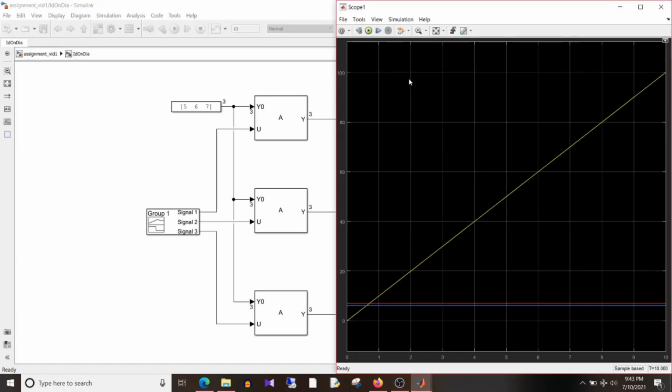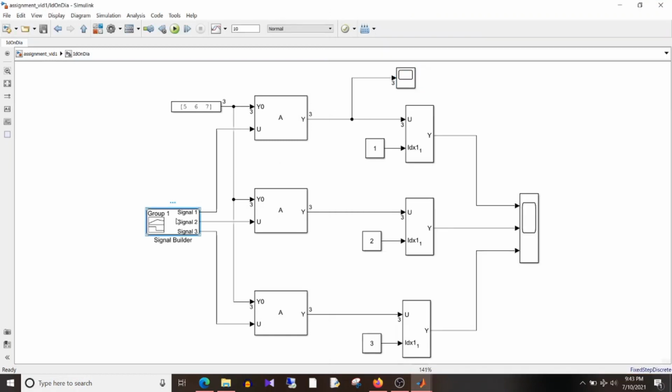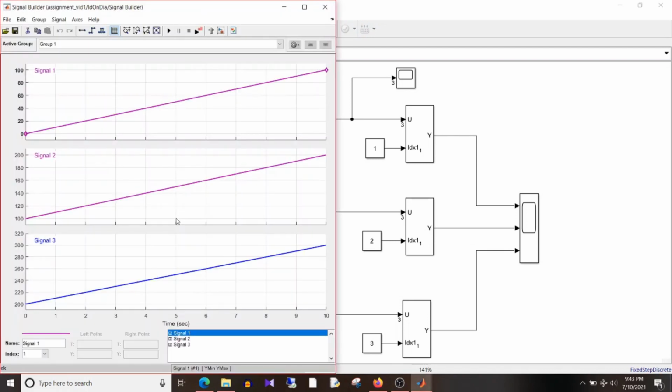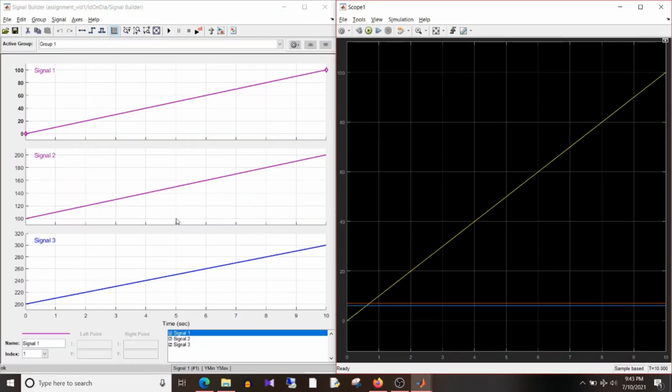and now if you look at the output, it's quite complicated to understand which one is element 1, which one is 2 and 3. I'll just take a signal builder block as well so that it's easier to understand the one-to-one mapping, and to understand which signal is element 1 or 2 or 3, I'll just take this cursor measurement. So click on it,